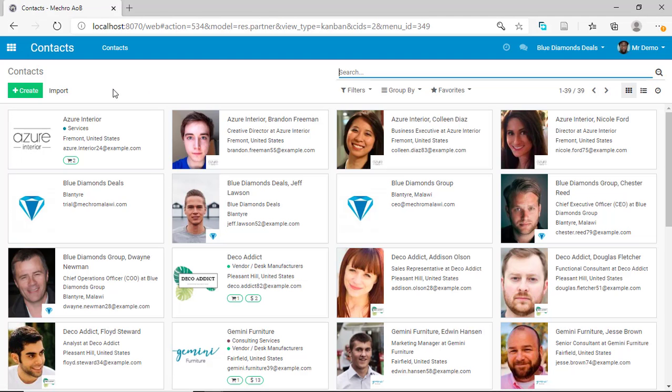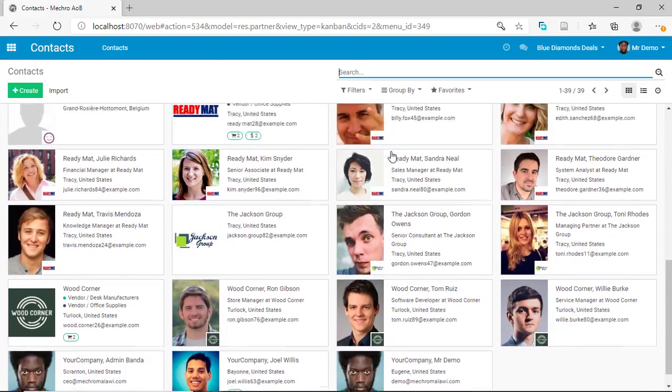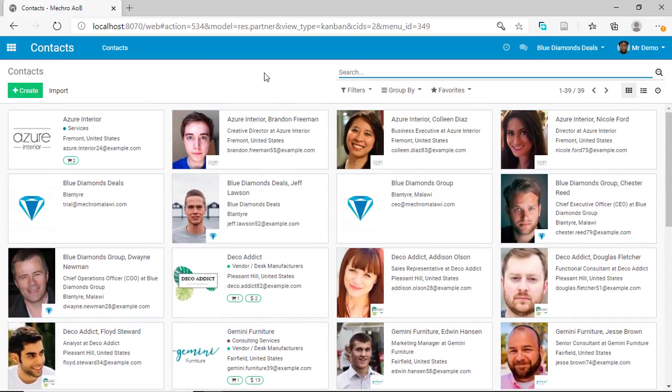When you click on contacts, you will be directed to a pool of all the contacts that you have in your system, and the system will allow you to have as many contacts as you can, depending on the communications and business transactions that you have. And these contacts can be even your employees, your suppliers. They can also be your customers. They can be also your partners. So anyone who does business with you or who has a transaction with you can also be kept